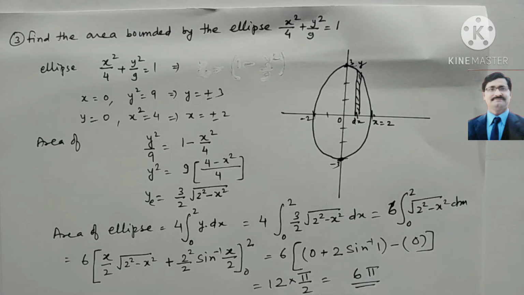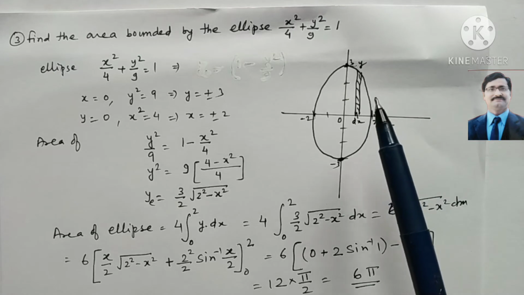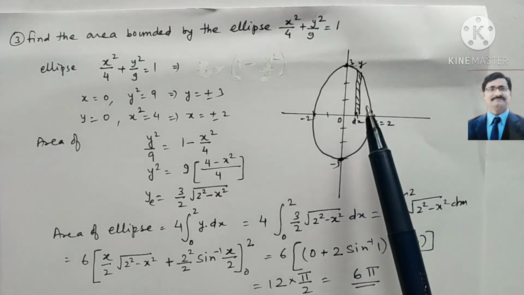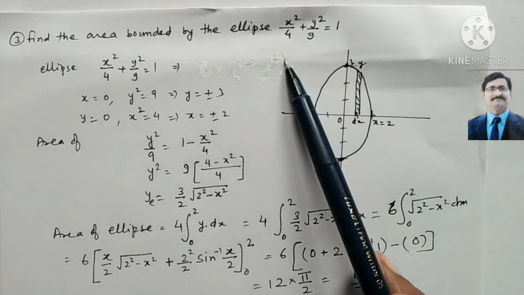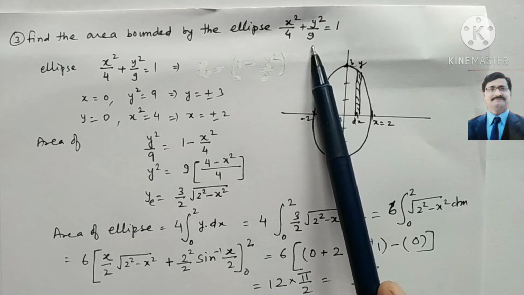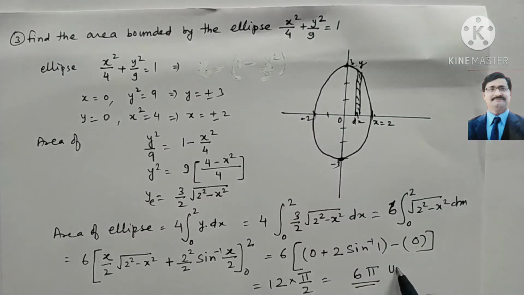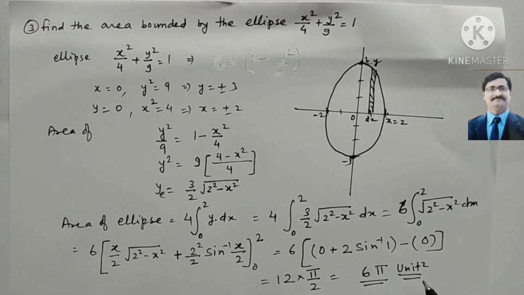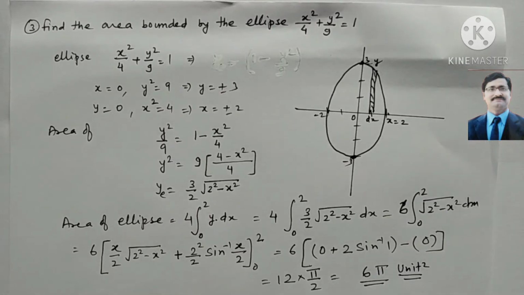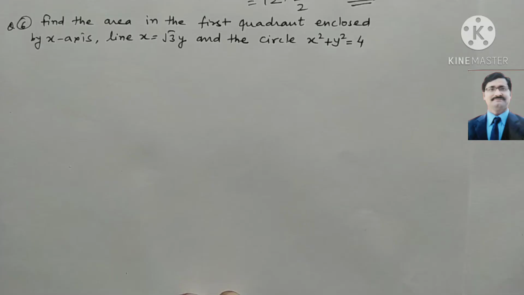Look here, if you have this type of question anywhere, we have the direct answer pi AB. Pi AB is the answer for the ellipse. So A is here 2 and B is here 3. So pi 2 into 3 is 6. 6 pi you can write directly. Okay, but you can check the direct answer only, you will not write it directly.